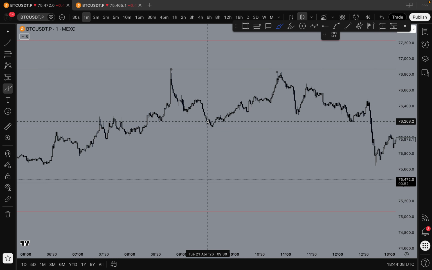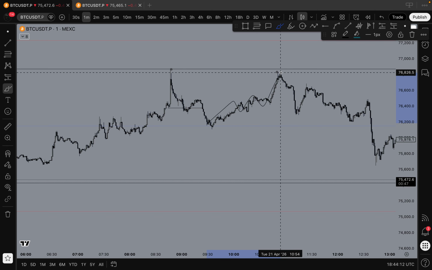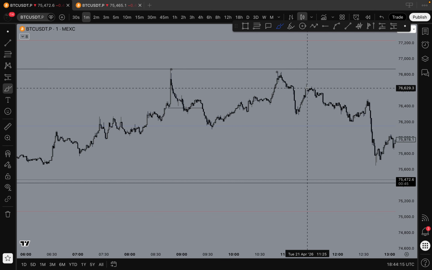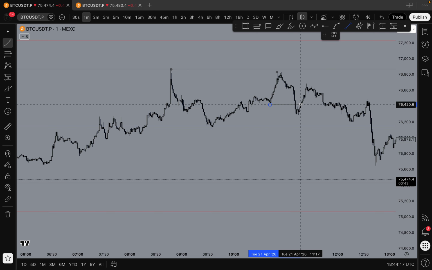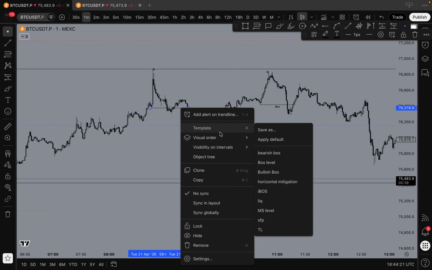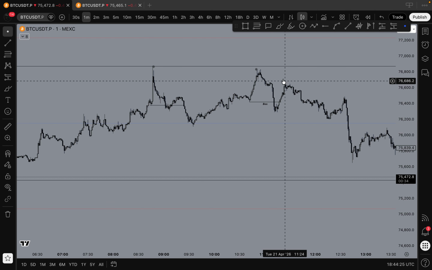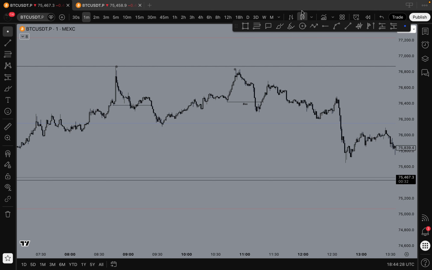Now you can watch how price comes into the potential third tab. That's right here, and then boom. So this is your second bearish boss. So we have bearish boss 1 of tab 2, bearish boss of tab 3, and then combining that with all those buyers that bought in this move